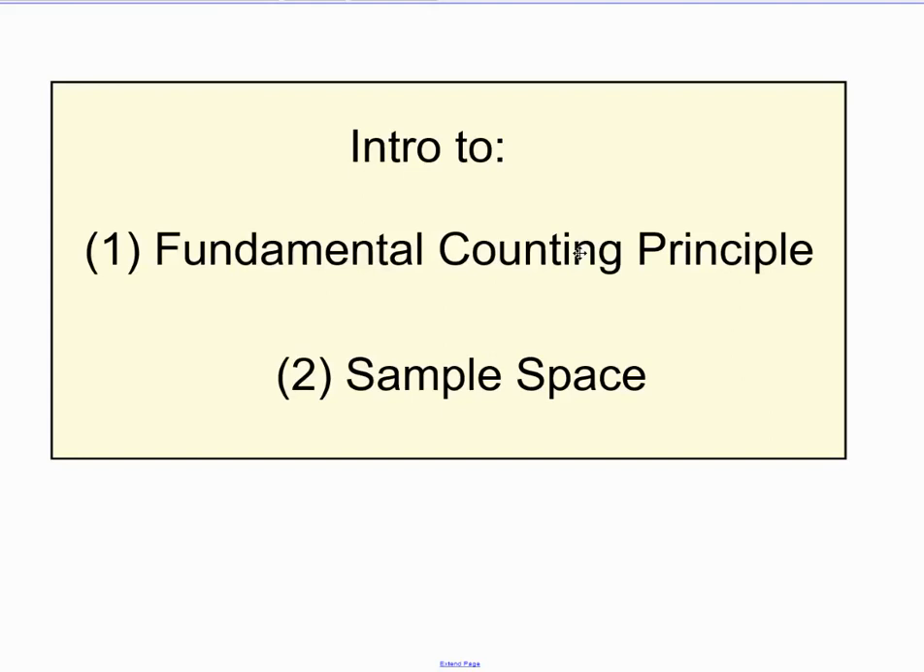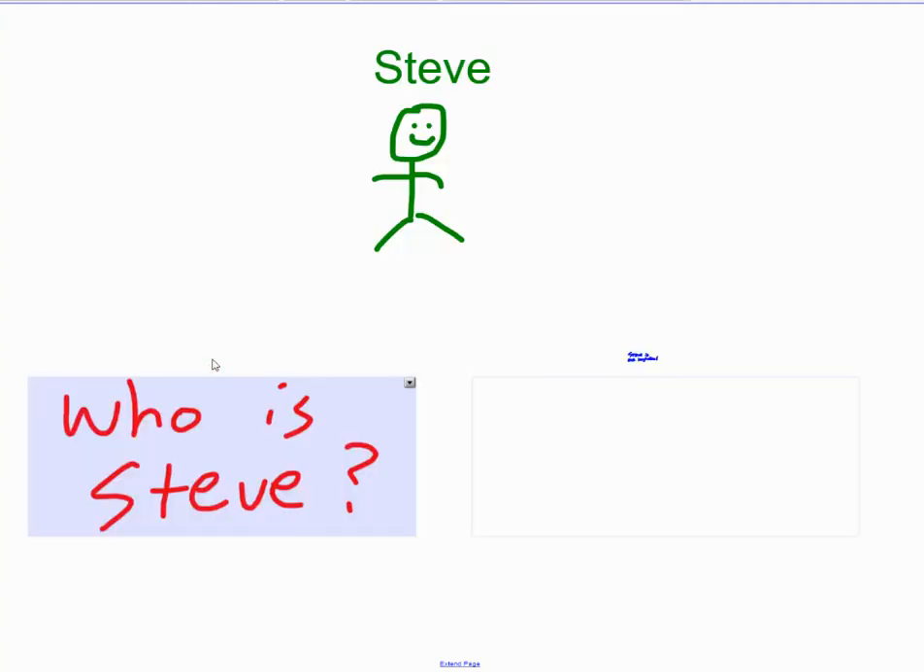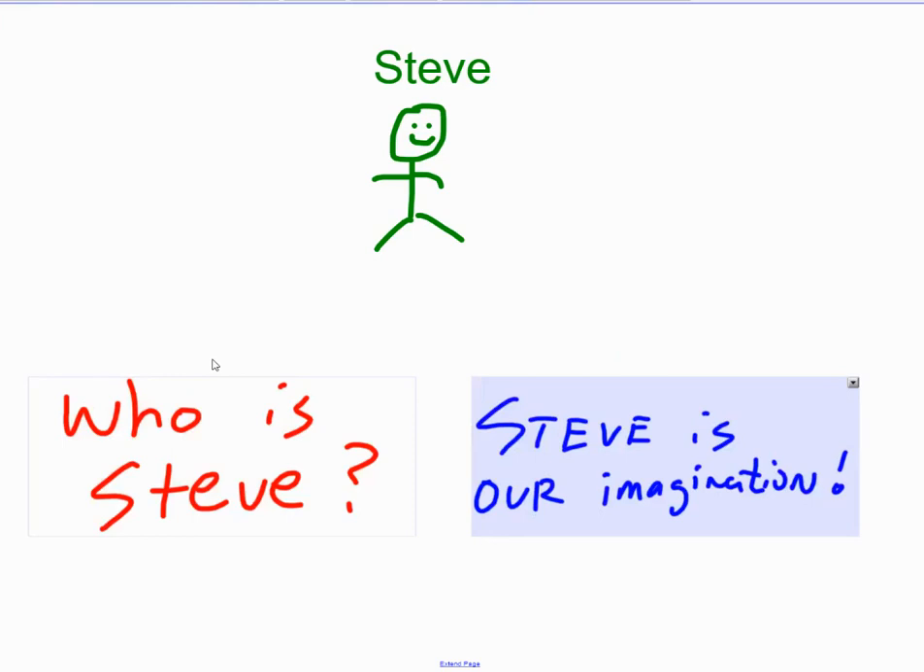Hey everyone, welcome back. We're talking about the fundamental counting principle and sample space today. Before we do that, let's introduce Steve. Who is Steve? Steve is our imagination, and we're going to use our imagination to build something called a tree